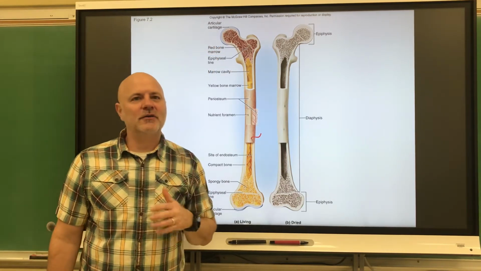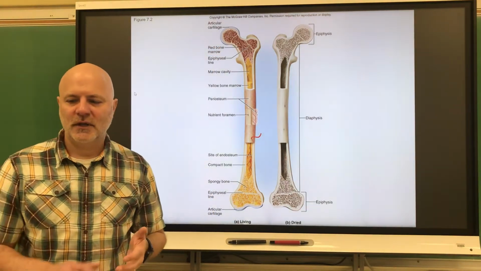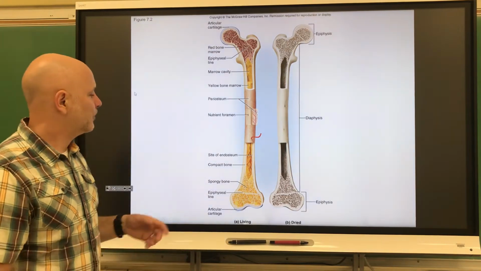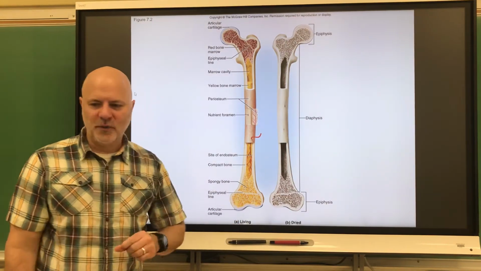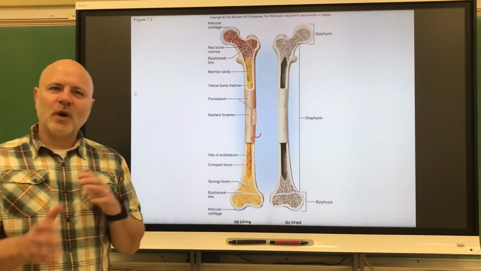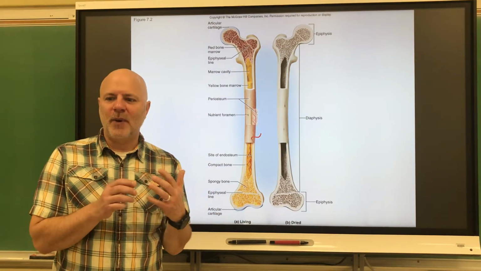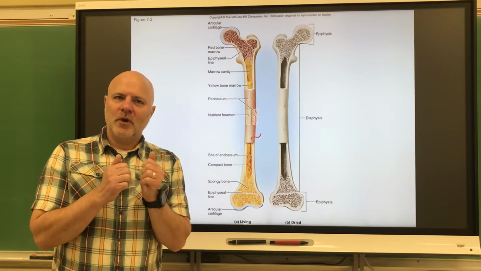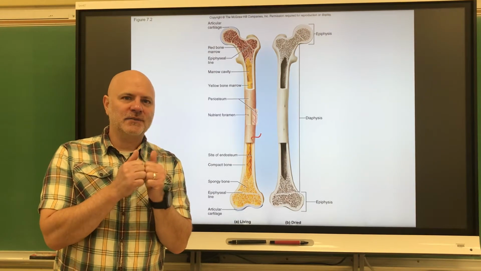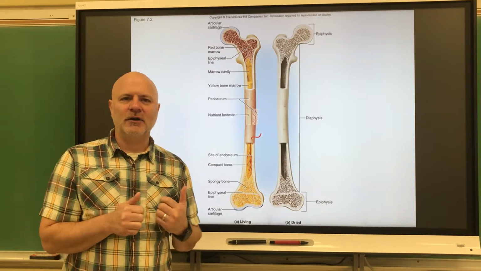So articular cartilage is a thin layer of hyaline cartilage that surrounds the ends of a bone. So we see a thin layer down here as well. This is where bones come into contact with each other. And it's going to reduce friction here between the bones. So you're not having actual bone against bone, it's hyaline cartilage against hyaline cartilage, so that's going to